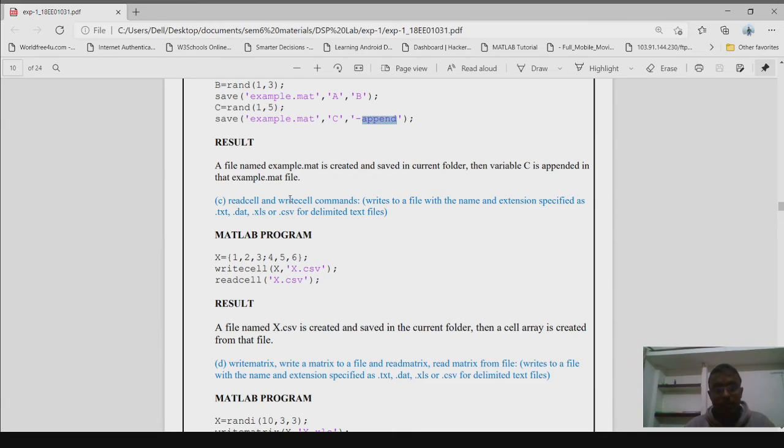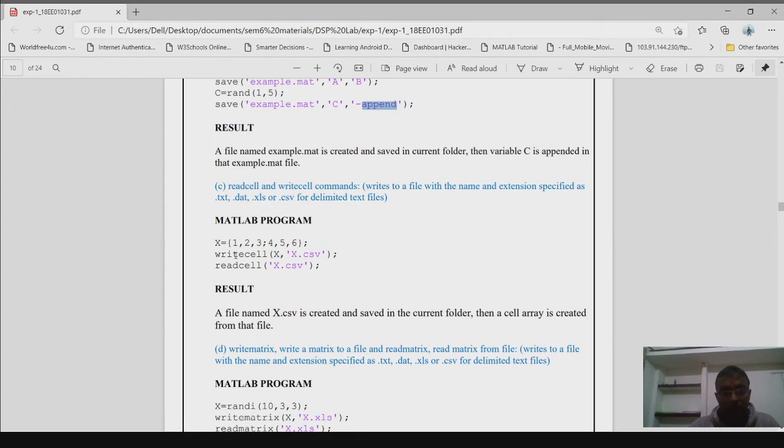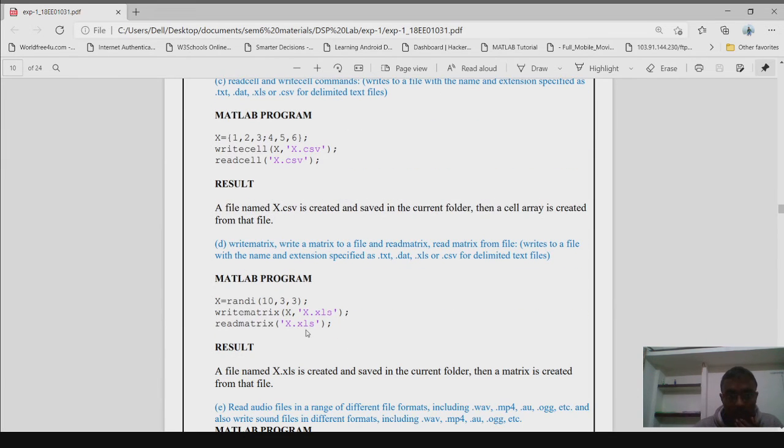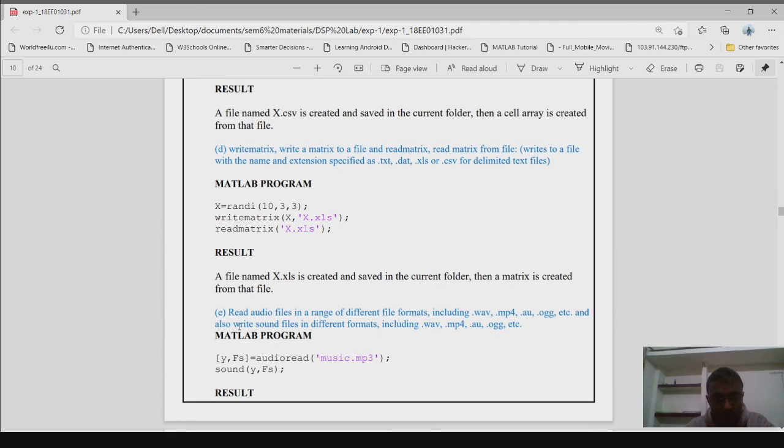This is very similar: in write cell we are creating that file, and in read cell we are extracting the data from that file. And similarly write matrix and read matrix. Here also in write matrix we are making one file x.xls, and in that one we are writing this matrix, and after that read matrix is used to read that data.